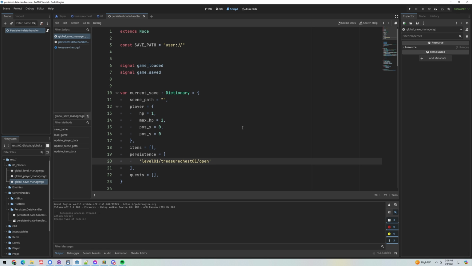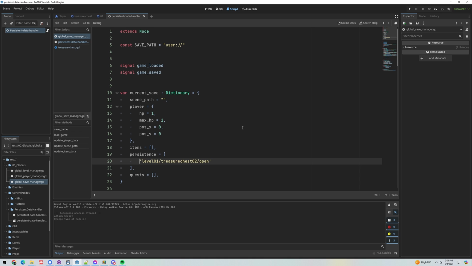Rather, we'll just infer based on the presence of this open Boolean that it's true. And if it doesn't exist, then it's false. So if there were 3 treasure chests in one scene, and when we look, we only see that treasure chest 2 has an open string saved, then we'll just know that the other ones are closed. Now, the reason I've decided to do it this way is because it fits well with the JSON data structure